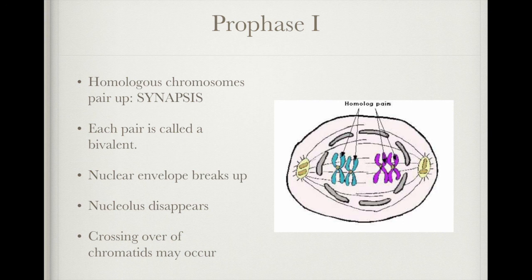We've got the chromosomes and centrosomes replicated, with the centromere and attached kinetochores. We've got an intact nuclear envelope, nucleolus, cytoplasm, and cell surface membrane, and the chromosomes start to appear as the chromatin coils up. Now that prophase starts, what happens? The nuclear envelope breaks up, the nucleolus disappears, and the centrosomes move to opposite ends of the nucleus as in mitosis,